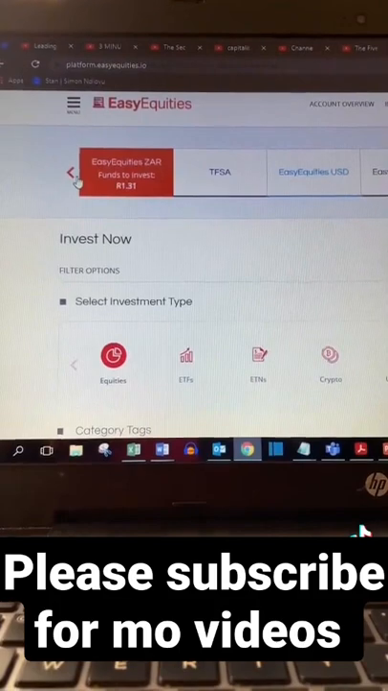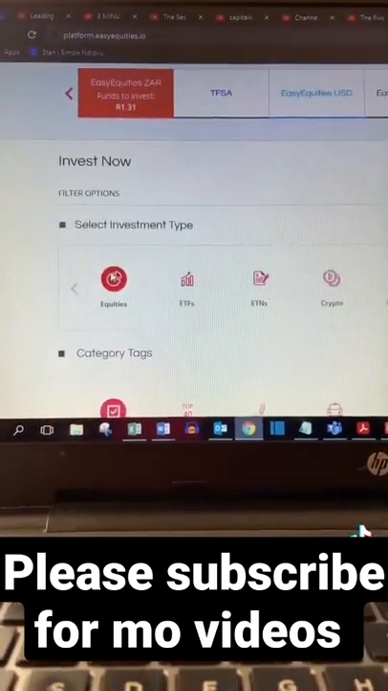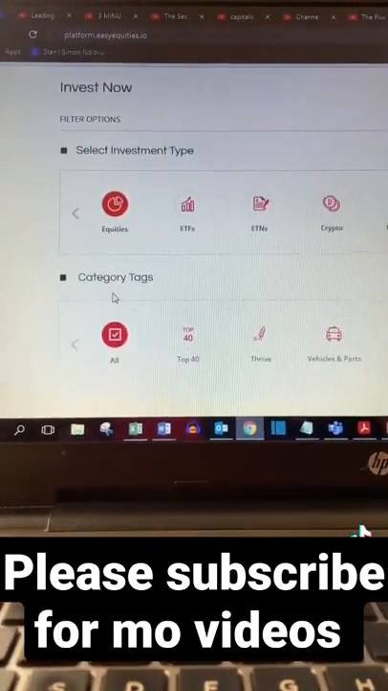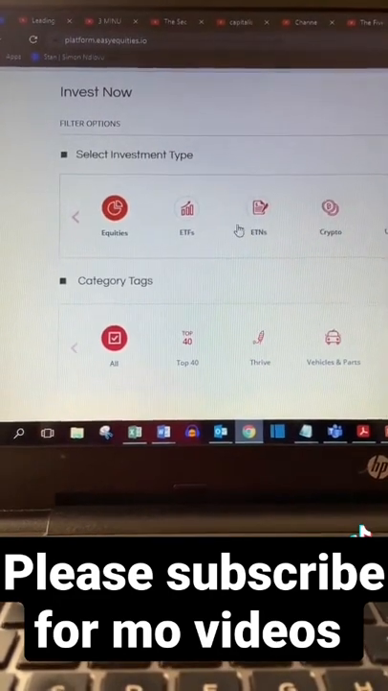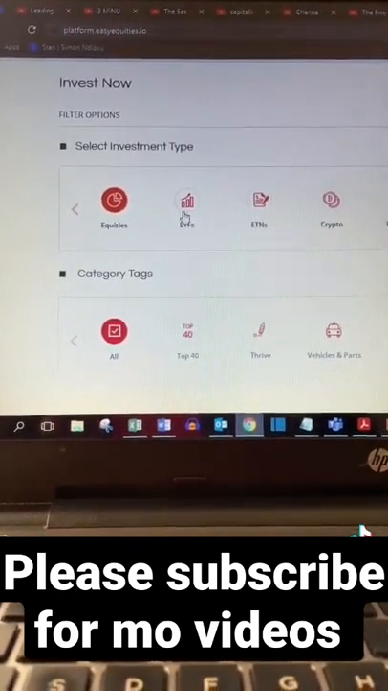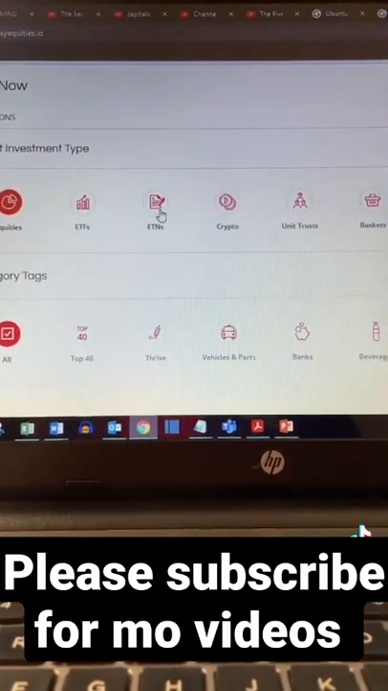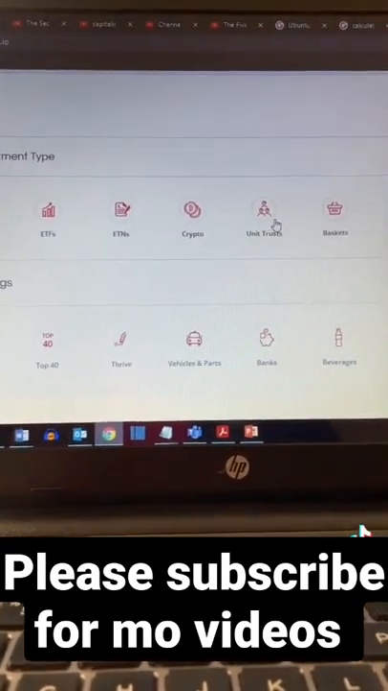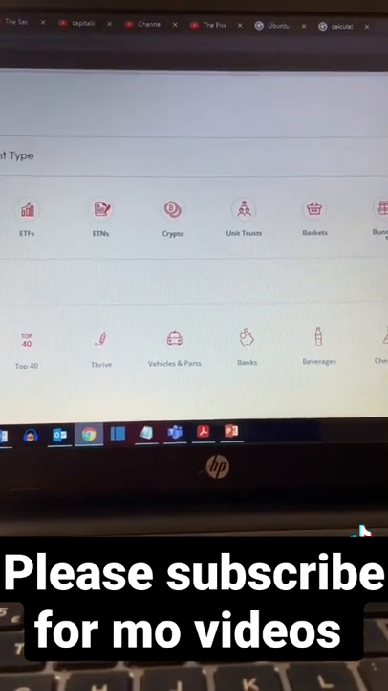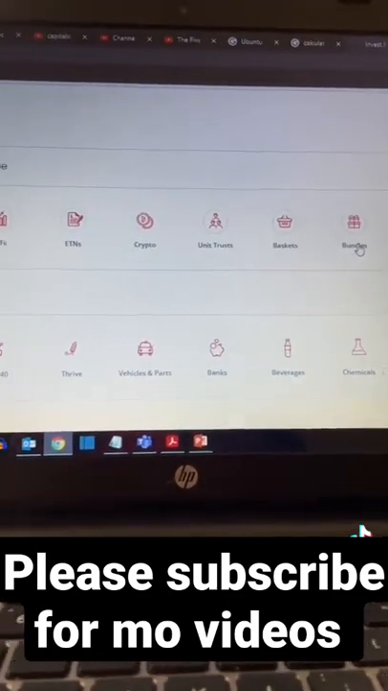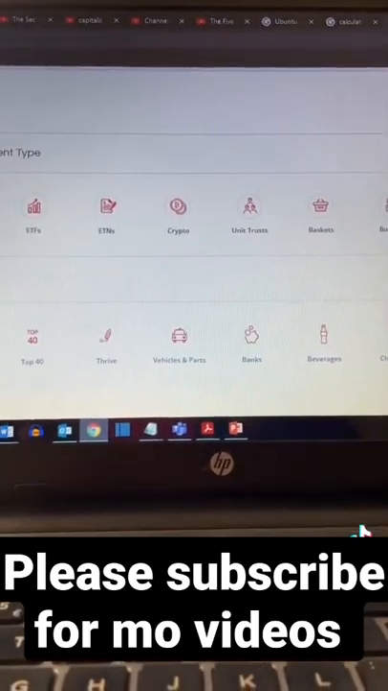So let's go here. Then number one, we're gonna look at the category. Now these are the things that you can find here. You can buy equities, ETFs, ETNs, which are more or less like bonds. You buy cryptocurrency, unit trust, baskets, and bundles, right? And then down here they've categorized